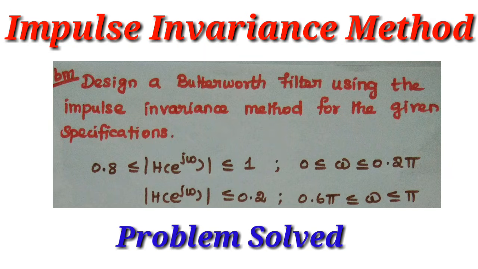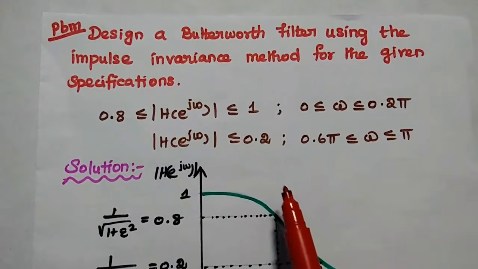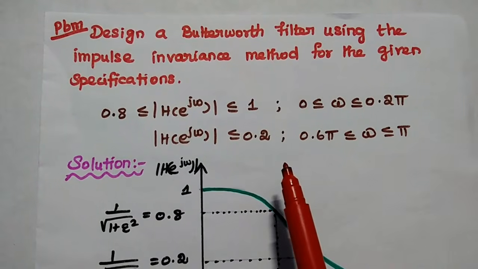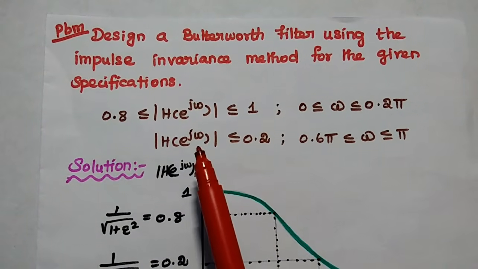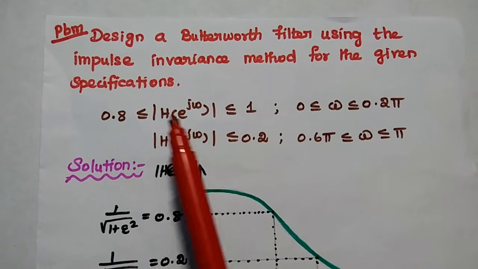Dear students, now we are going to solve an important problem in digital filter design using the impulse invariance method. Design a Butterworth filter using the impulse invariance method for the given specification. The magnitude response of the filter is given in this problem, that is the magnitude value is greater than or